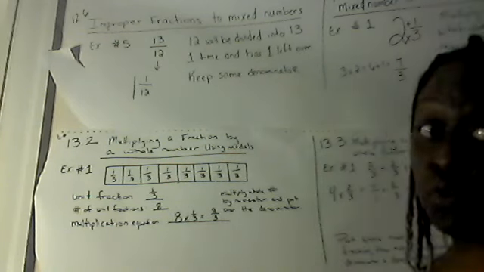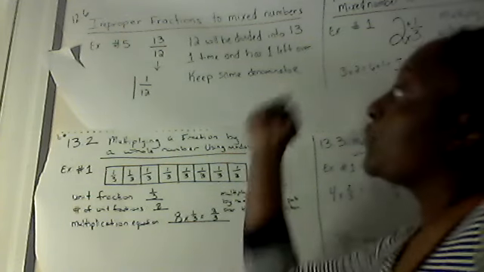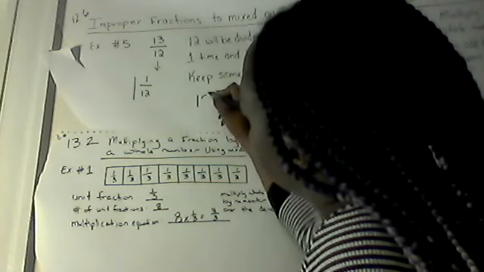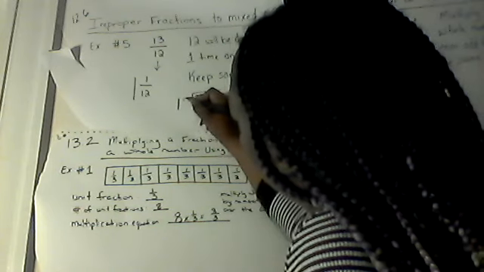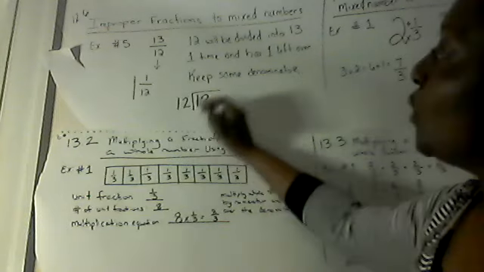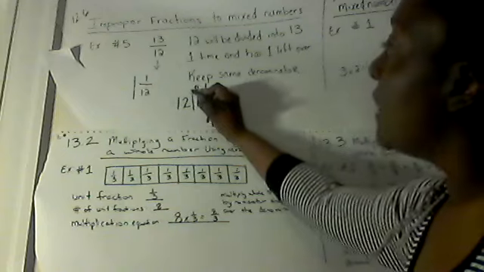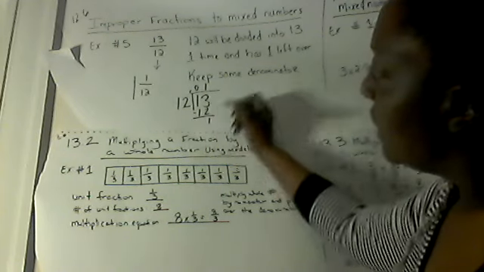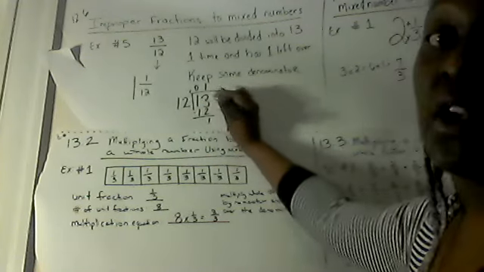And if you can't do this in your head, all you have to do is do a division problem, which looks like this. So 13 divided by 12. 12, I can pull one set of 12 out of 13. And then I multiply. 1 times 12 is 12. Subtract. And since I have nothing to bring down at this point, then I could go ahead and write my